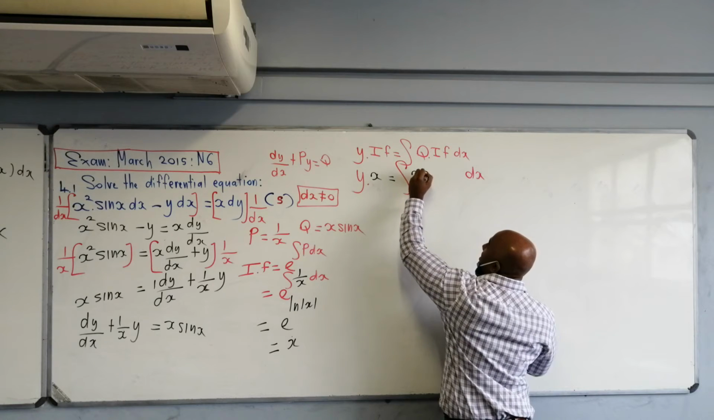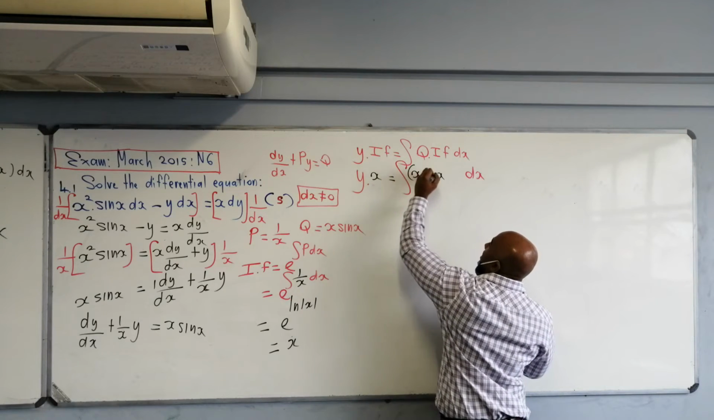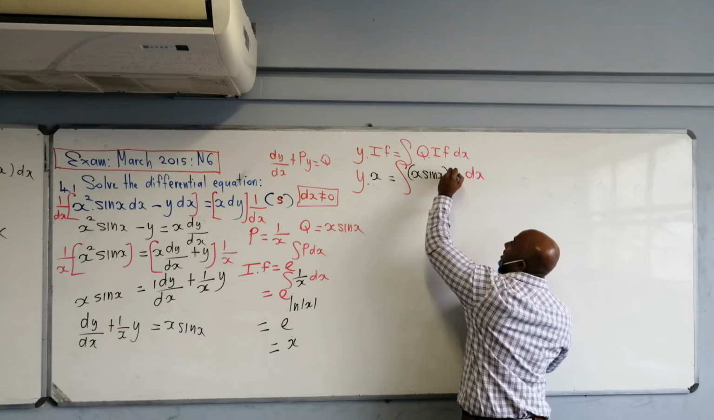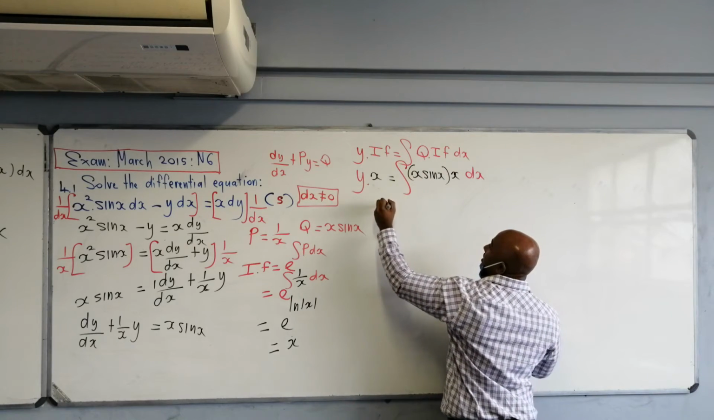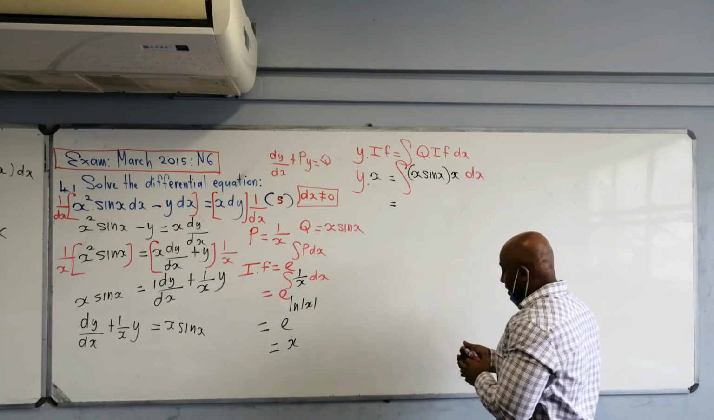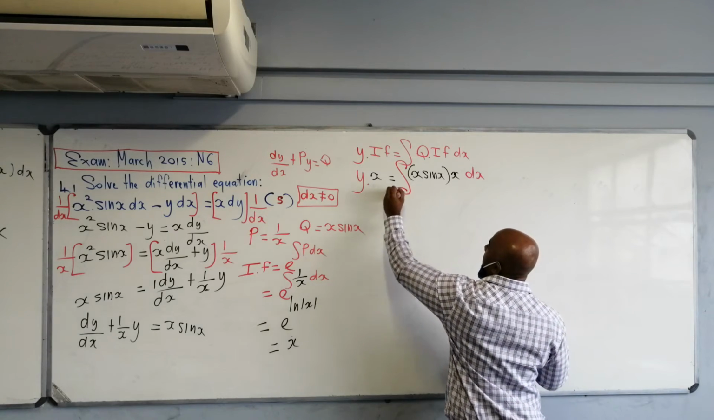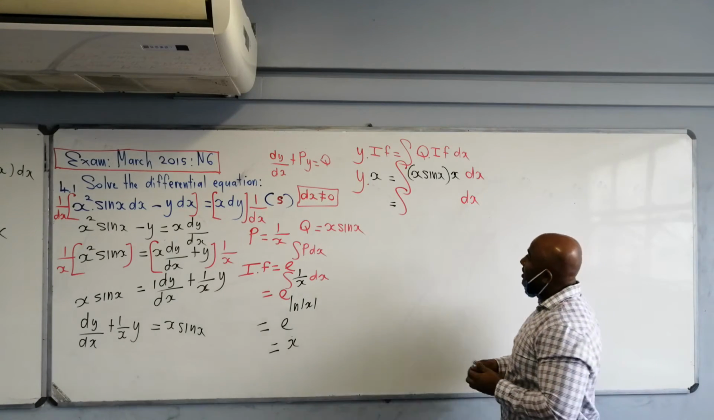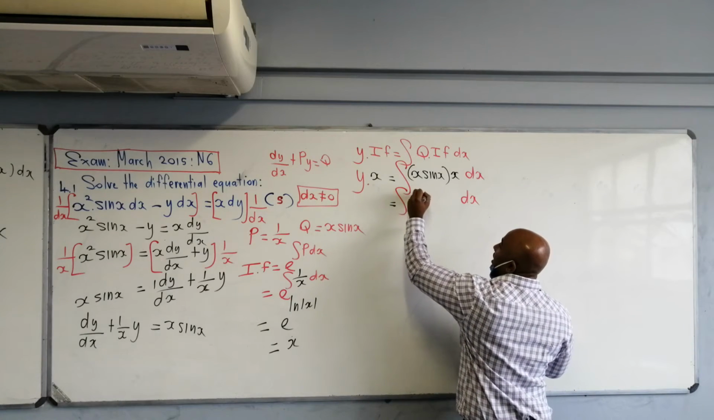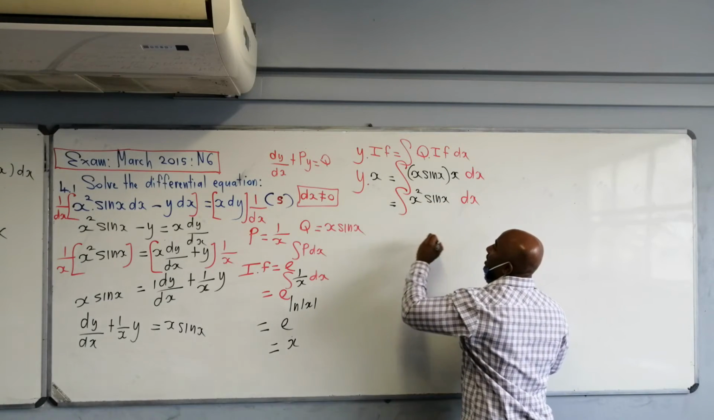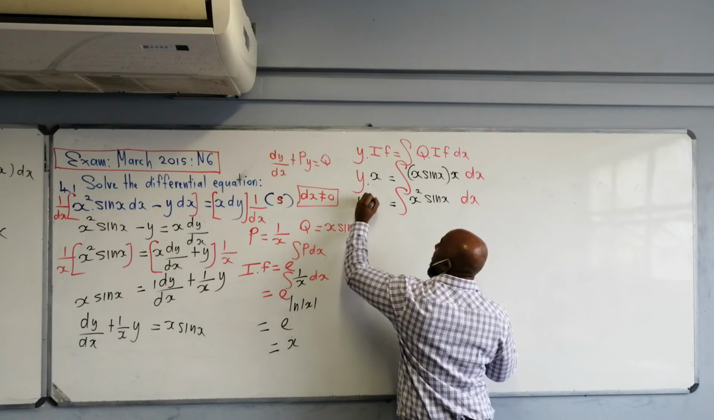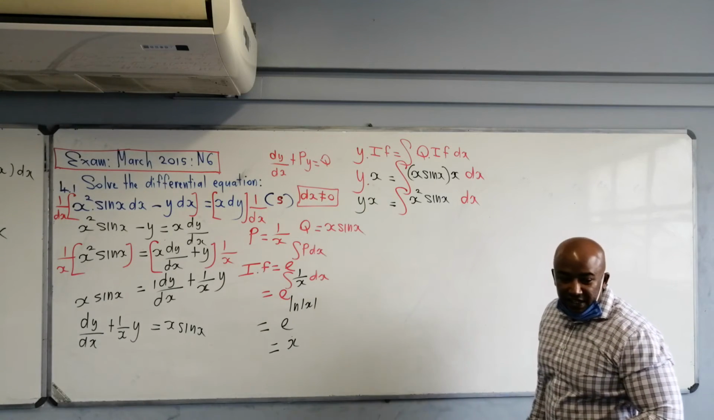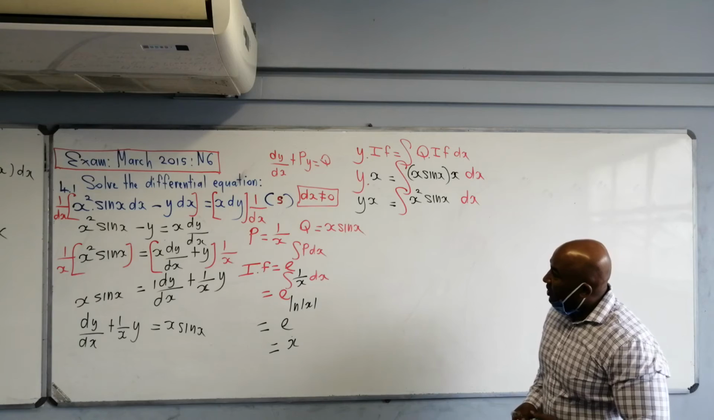Q was x sine x times the integrating factor, which is x. So now what do we have here? We need to simplify, we need to multiply it. So we got x times x there, which is going to be x squared sine x, and then I got y times x on the left hand side. So now,